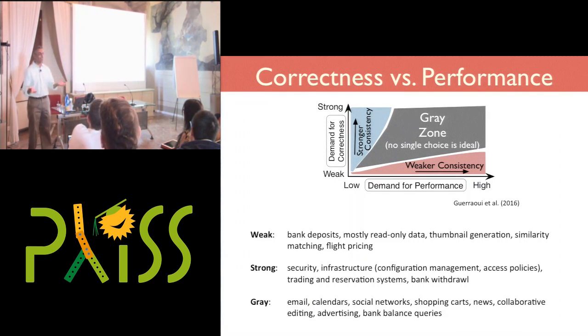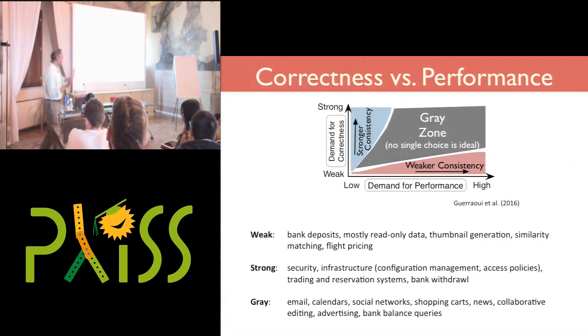I'll just do eventually consistent. I'll just send data wherever it goes, and I don't care. Things will work fast, but it won't necessarily be correct. So these are the two ends of the spectrum.